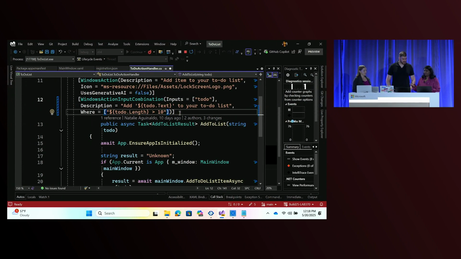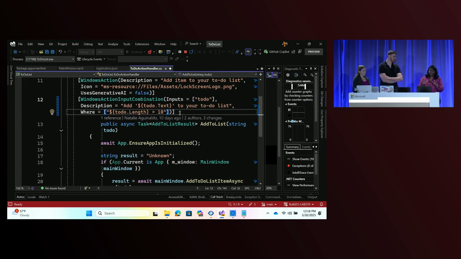But I can also specify a where clause which says it should be more than a certain word count. In Alex's case, when he showed a photo as an entity that is taken as input, you can specify the photo should be of a particular type or format. If it's a file entity, I can say in my where clause that it has to be of a specific extension. Now, the where clauses are executed sequentially. All where clauses have to evaluate to true before your action is invoked. So that is the part where, as an action author, I get to say that my action should be invoked only when certain properties on the input entity are met. In this case, the where clause.